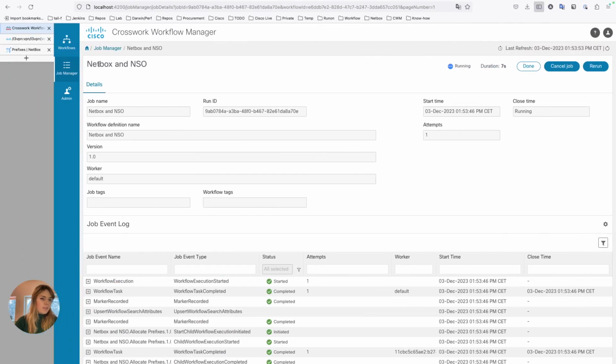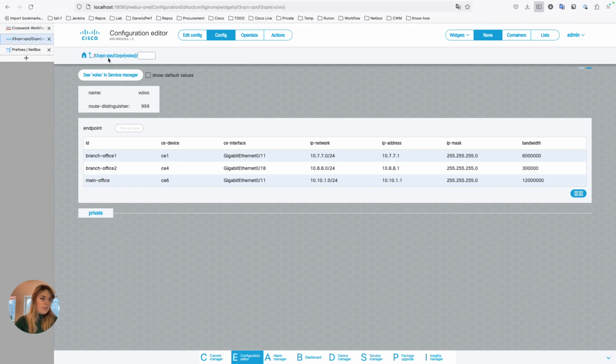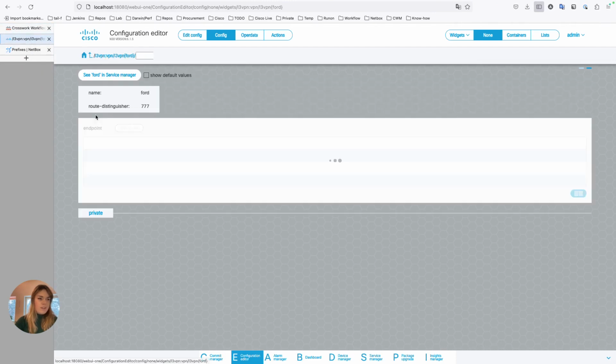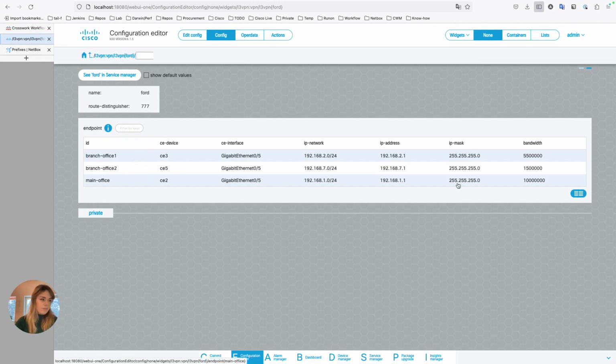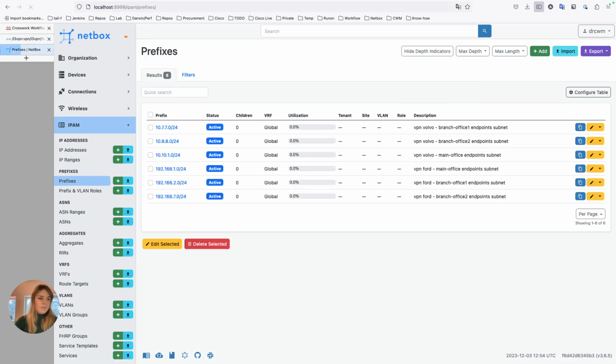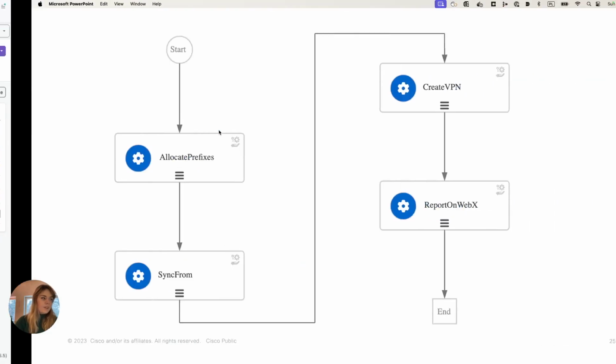Now let's check the results in NSO first. We can see we have another instance of layer 3 VPN now, Ford, with these new endpoints and prefixes in NetBox. Now we have 6 of them with new prefixes for Ford VPN here. All right, with that,